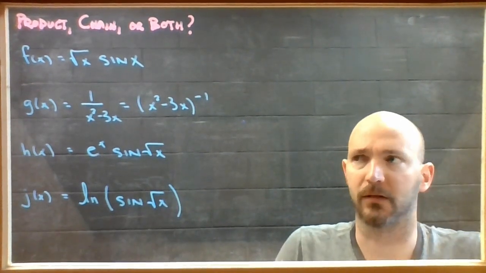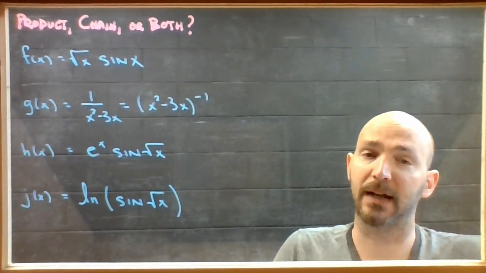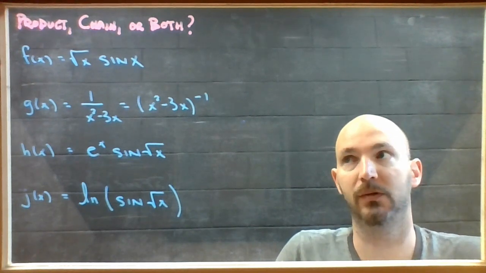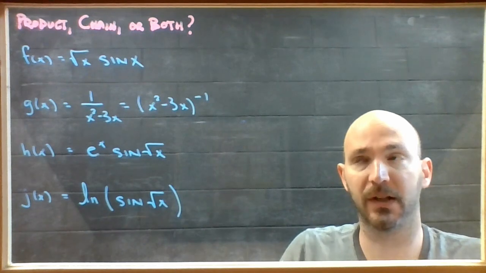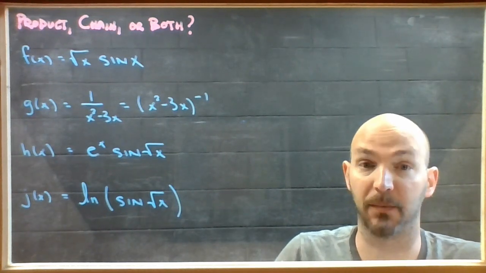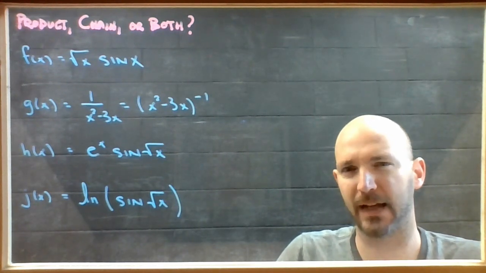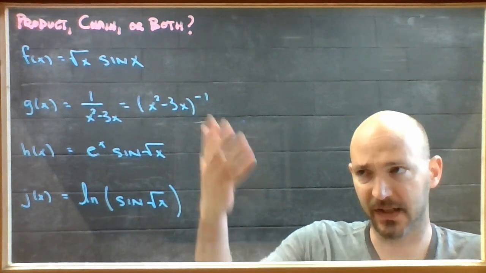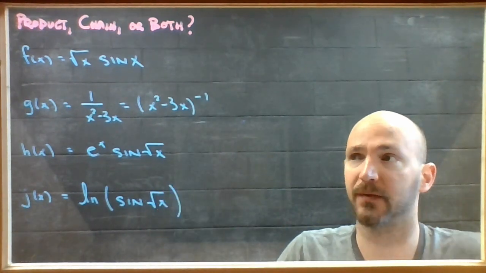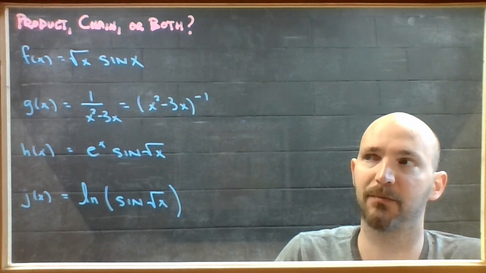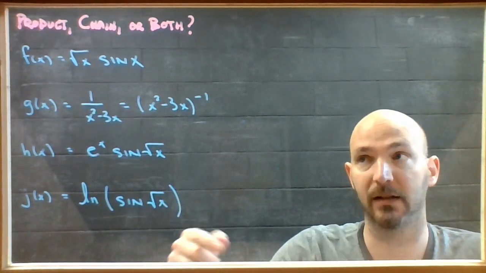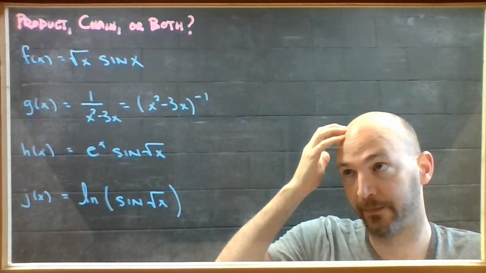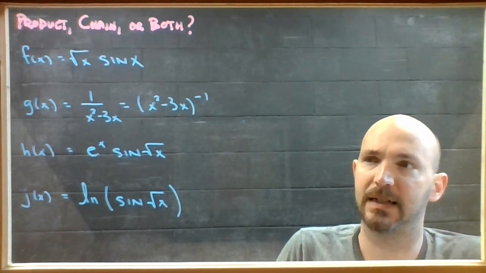So part of the art of doing a derivative is recognizing whether you need product rule or chain rule, or if you need both. In the previous video, we walked through some examples where you needed both and how you would manage that. In this one, I'm not going to actually do any derivatives. I just want to look at these and try to pluck out the features that will tell me whether I need product or chain or both in order to get it done. So the first idea is